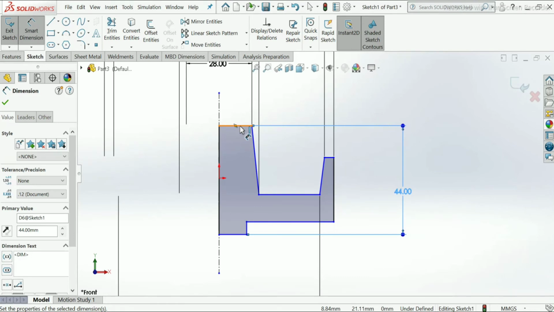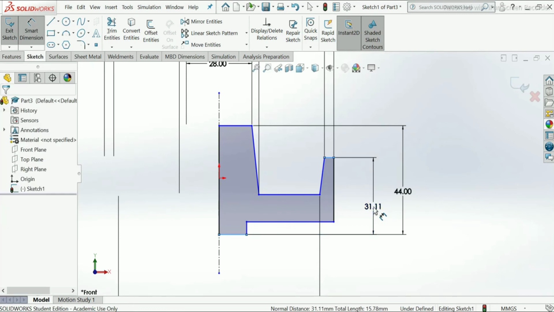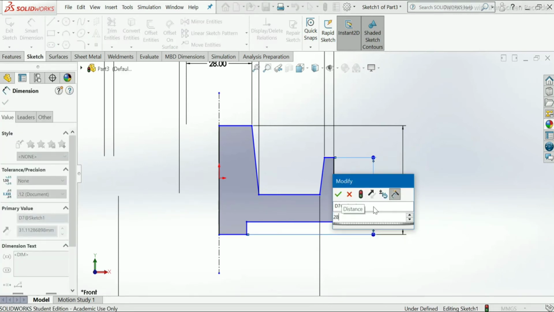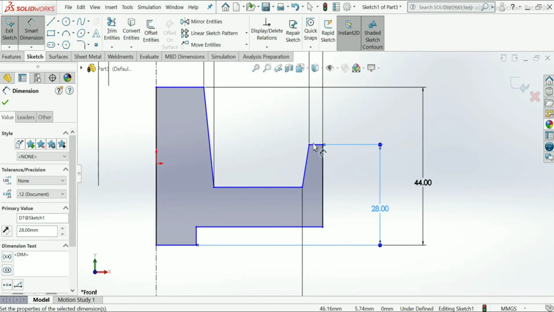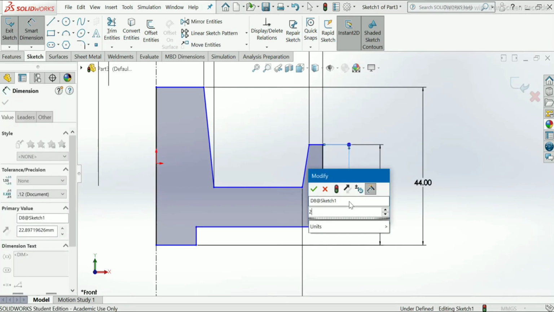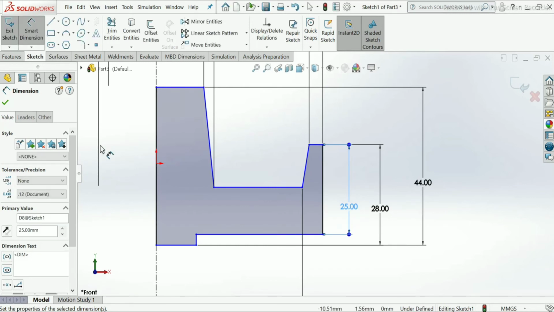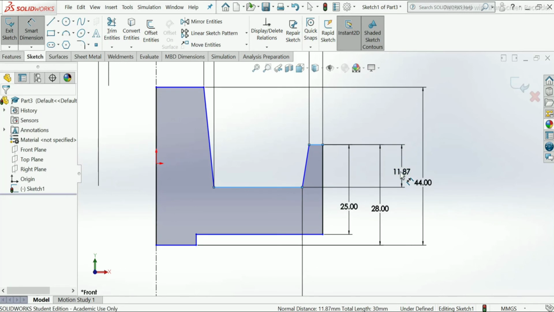Now again I have to take some heights. Now this thickness, take from this point to this point, that is 15 mm.